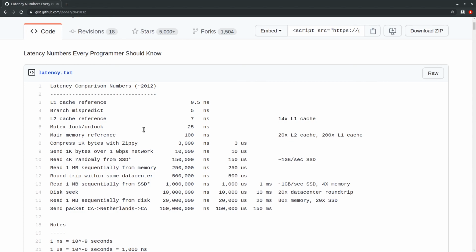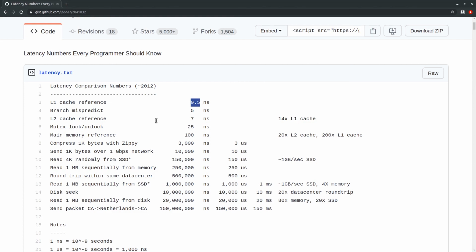You don't have to take these numbers to heart, but notice the difference. To get some data from the L1 cache, that is the CPU, it takes 0.5 nanoseconds, and 1 nanosecond is 1 by 1 billionth of a second. It's that fast to get things from the CPU.